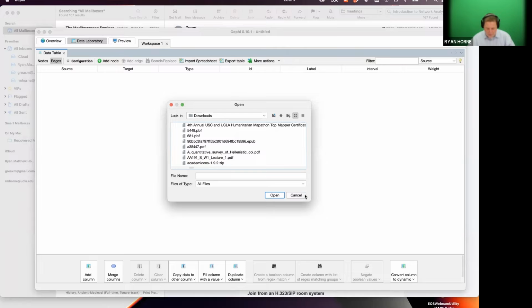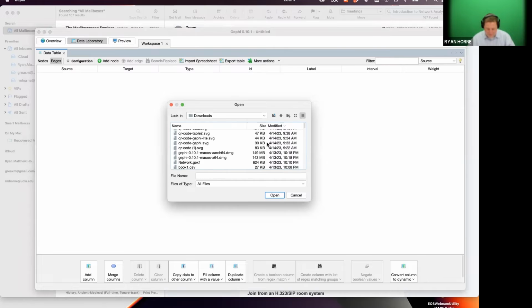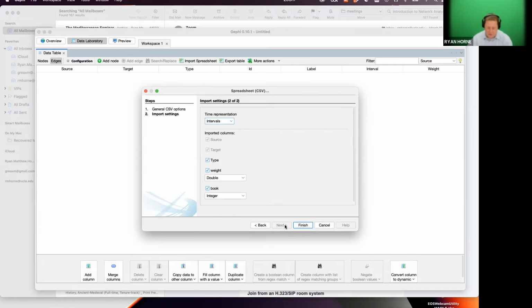which I believe I have, and you can see that Gephi has a rather antiquated interface. We'll pull in our book one CSV. And you'll see that it's right. We're importing as an edges table. We have our source. We have our target. It's an undirected one, and it actually has weight. So this would be a book graph of how many times these two entities talk to each other. So if we hit next, we don't have any time, so it doesn't really matter. If we hit finish,